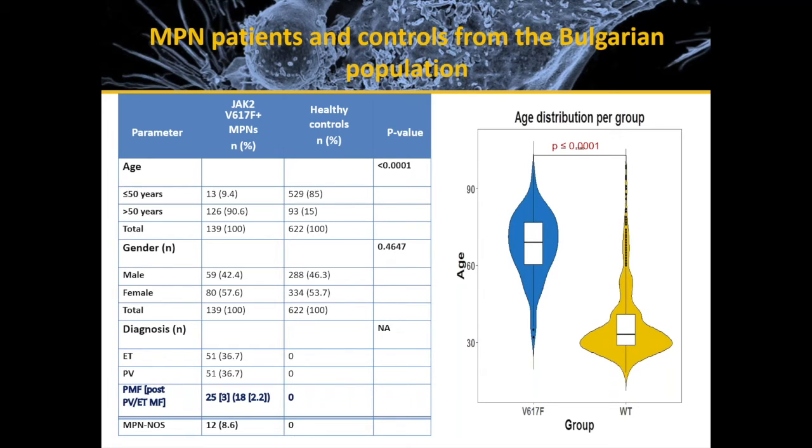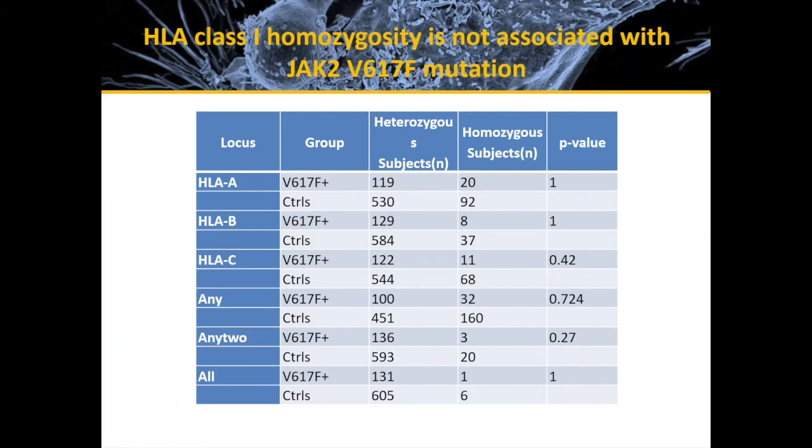In our study, we applied a population genetic approach to test the possible association. Next one, please. First, we asked whether the diversity of the entire MHC class 1 genotype could be associated with the development of JAK2 V617F-driven diseases. We tested whether homozygosity at any class 1 locus is associated with JAK2 V617F mutation. We did not find any association between the level of homozygosity at individual loci or in combination and the presence